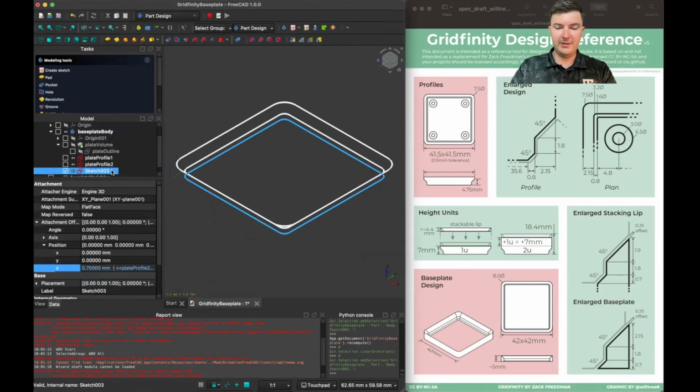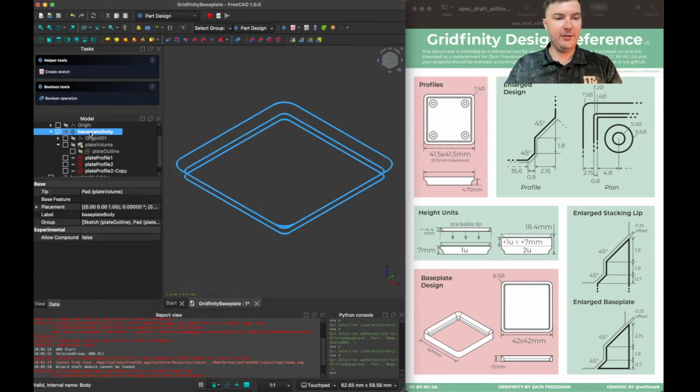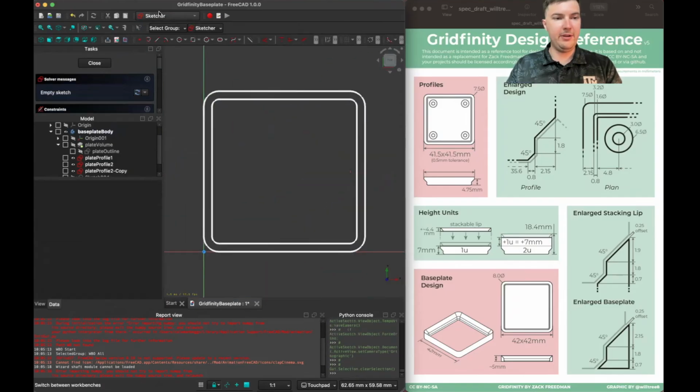I'm going to rename this to plate profile 2. And I'm going to add copy. Now there's only one final sketch left to implement here, and that's going to be just on the good old XY plane. So I don't need to edit any offsets here, but what I do need to do is